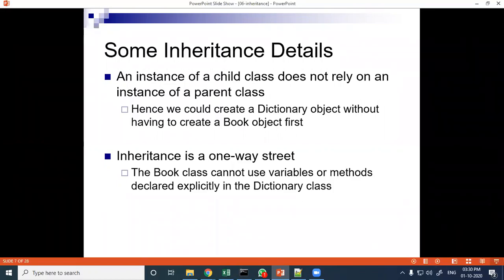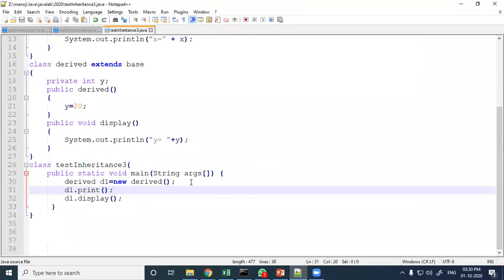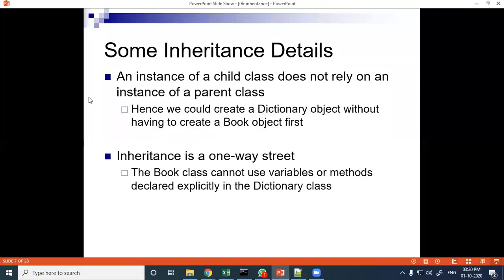Suppose inside our program we create an object of the base class and a derived class object d1, there is no relationship between the objects, that is, the instances. Only the classes are related, and the parent class can be used by the derived class.